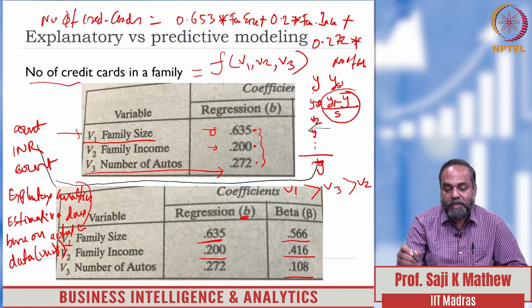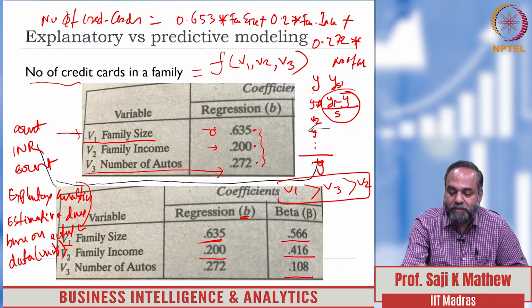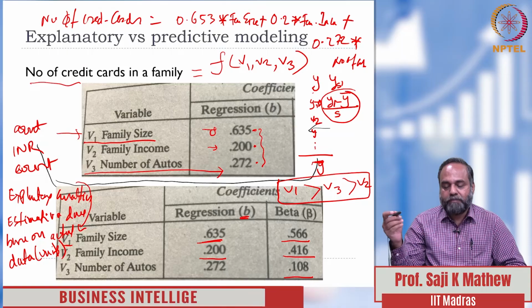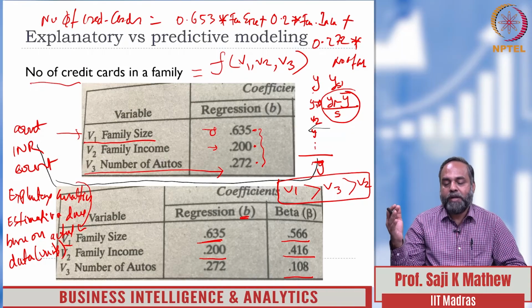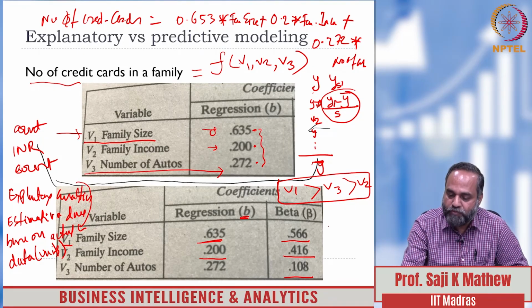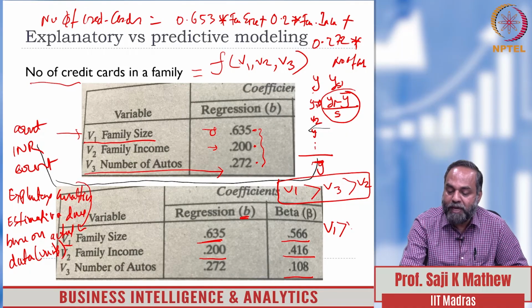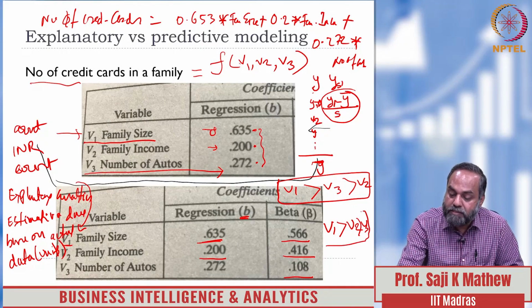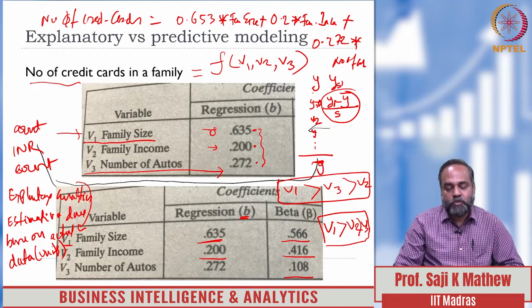Now you see this particular relative importance was not correct. When we standardized it, we see that of course V1 continues to be the most important, followed by family income, which has become the next important variable, and V3 has become very less in its importance. And this is a valid finding if you also tested the